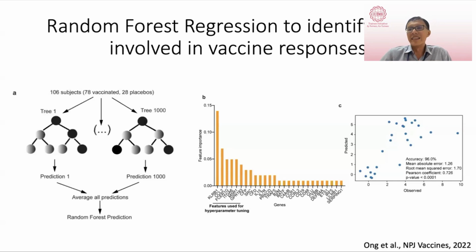So what the machine learning does, at least based on the random forest algorithm, which is one of the most popular machine learning algorithms for predictions, is that based on say 100 subjects, we take 80% of the data as the training data. And based on this 80% of the data, we build a decision tree to understand how we can separate the high antibody response from the low antibody response.